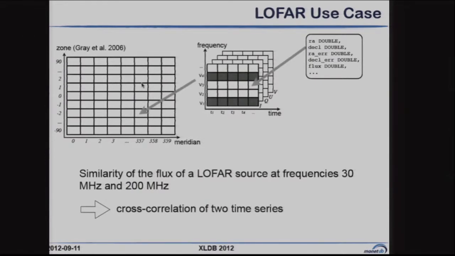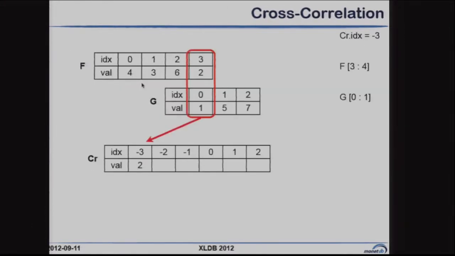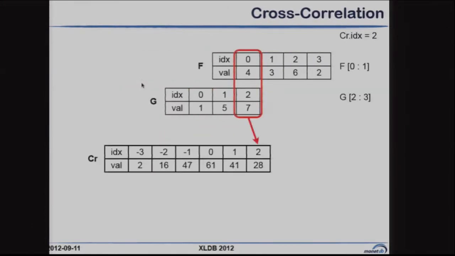So with the LOFAR telescope, we can study the similarity of the flux of a source at different frequencies. And this actually boils down to computing the cross-correlation of just 2 time series. I will skip this, but what you should notice here is that